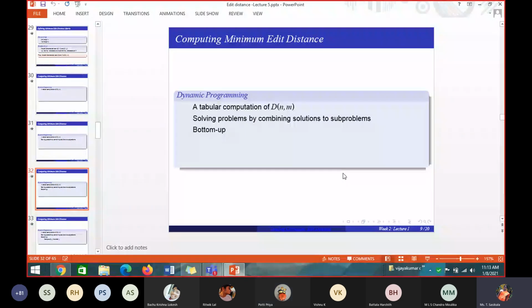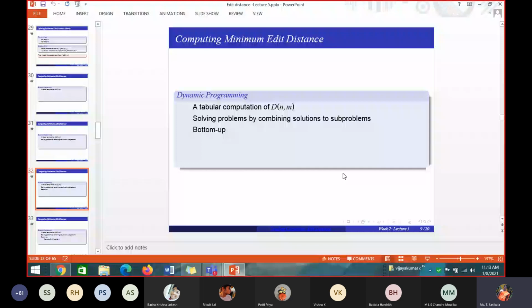So here, the dynamic programming approach is using a bottom up approach. It starts from the lowest level, each and every word combined together to form the next 2 levels, next 3 level combination, 4 level combination. It goes up like this. That's why the bottom up approach starts with a single level. Then from the single level, the next 2 levels are combined and checked. Then that answer with the third level, that answer with the fourth level, that answer with the fifth level, it goes on like this. So it is a bottom up approach, solving the problem by combining the solutions of the sub problems. First I will be solving the lowest sub problem, that will be combined with the next level, and so on.